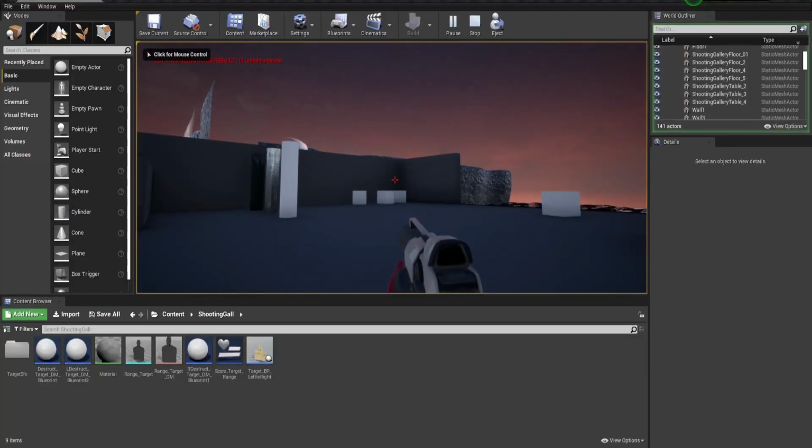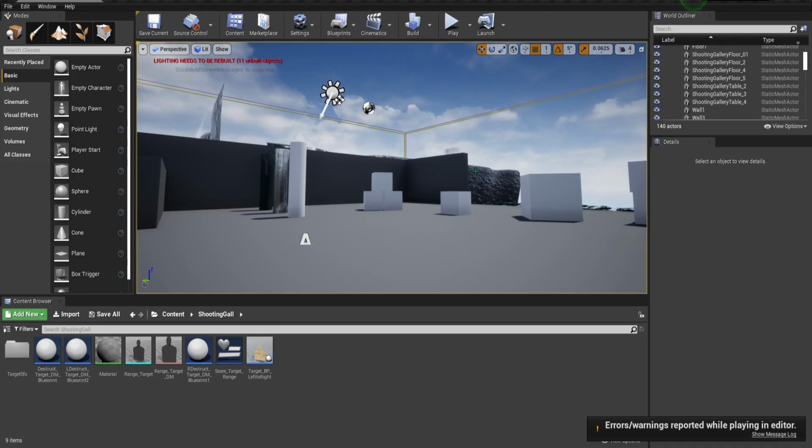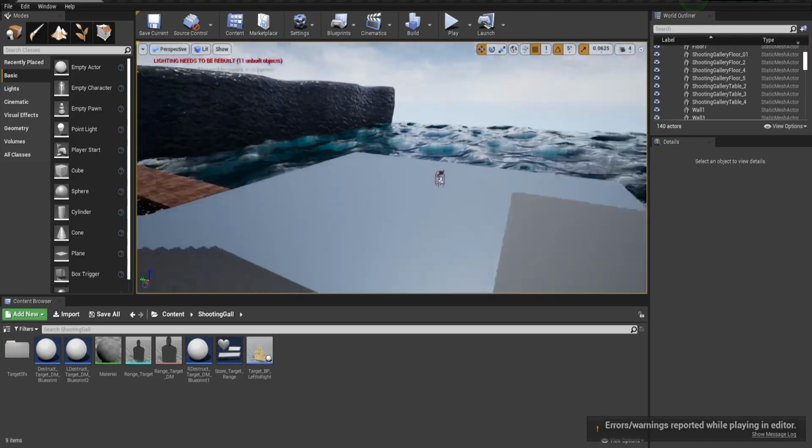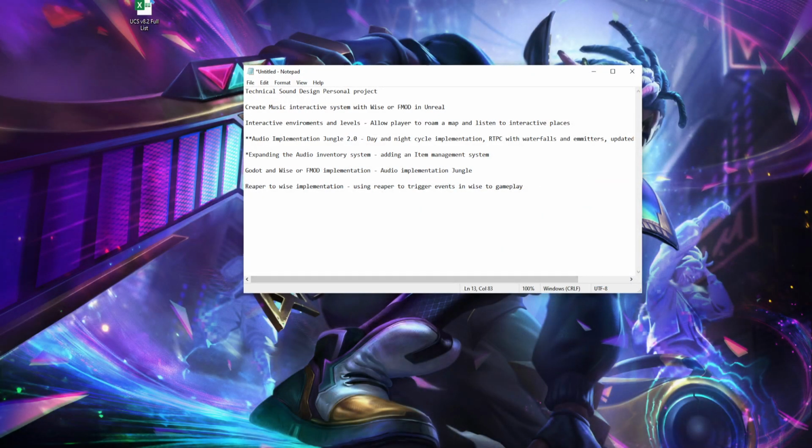If I made it a 2.0 audio implementation jungle, we could definitely improve upon it. Let's just do it now. First of all, it's going to be in Unreal 5.0, which allows us to possibly use MetaSounds.